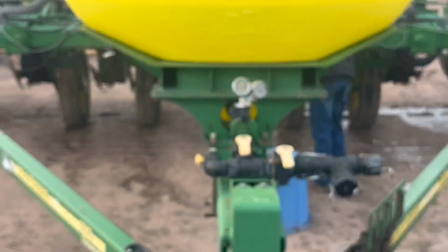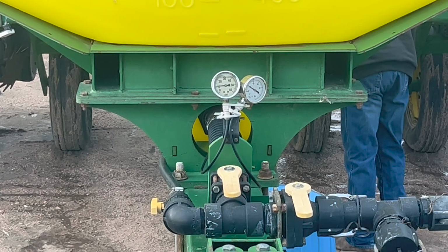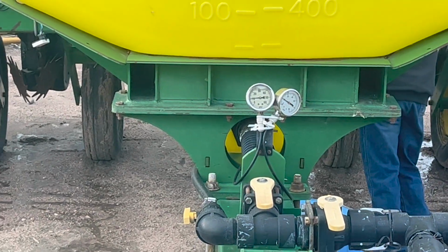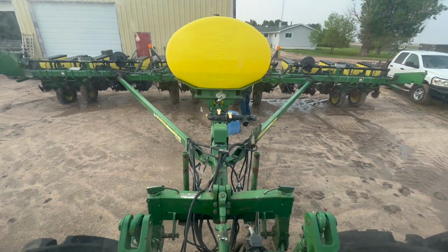All right, I think we got it figured out. They're running, that one's just a shade over 10. That one looks like it's right at 10. So I think that's good enough. It's a lot better than what it has been. So I'm thinking something in the actual motor must have gone bad, and not the diaphragm of the pump that actually runs the liquid. But at least they're way closer now, because